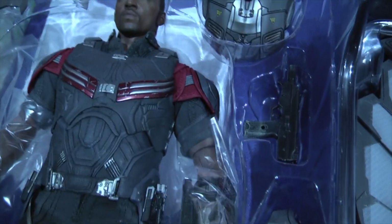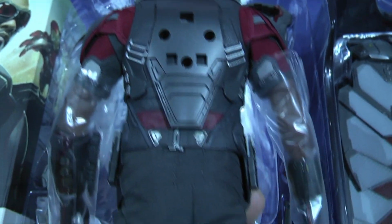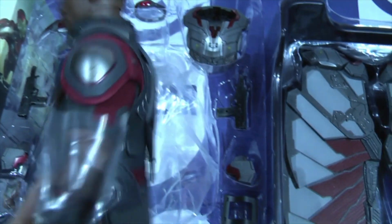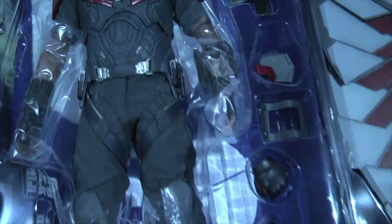All in all, a really nice figure and design. Engineering looks great. That's how the jetpack goes on at the back. And the tailoring is spot on. I do really like the colours of this compared to the Winter Soldier version. Some people obviously would prefer the Winter Soldier version, but this is definitely something which I think is an improvement